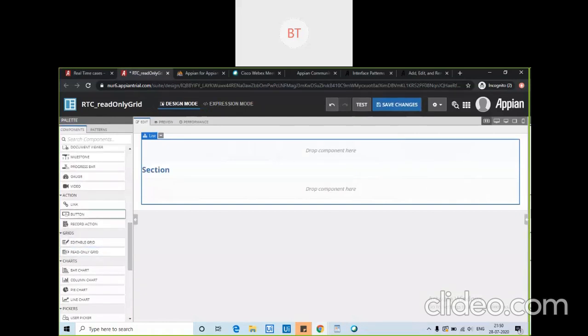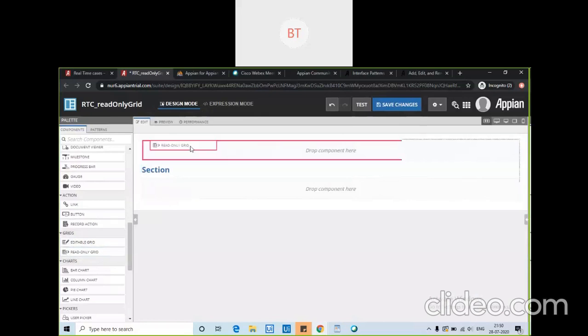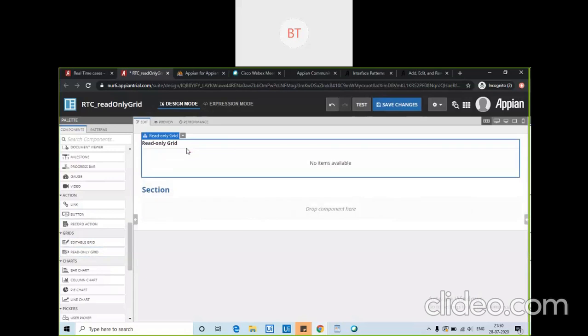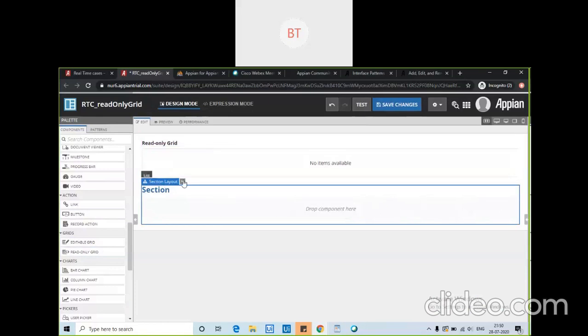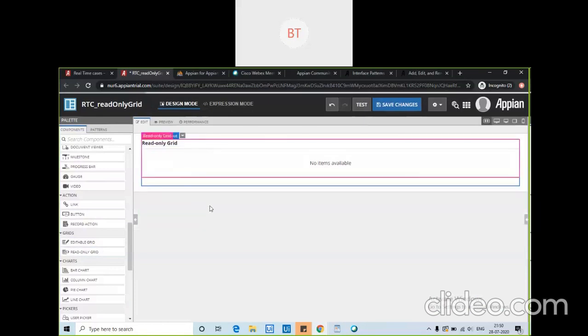For this we are taking read only because now we are concentrating on the read only grid. So I will put it here. Okay, so this section I don't need. I will be deleting it. Okay, first load it. Yeah, so it is loaded. I will be deleting this section. Okay. So we have now the read only grid.